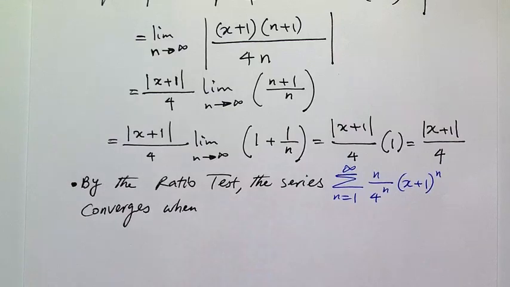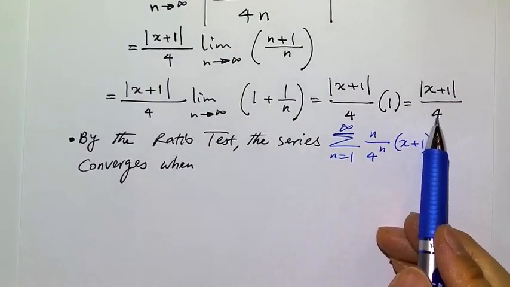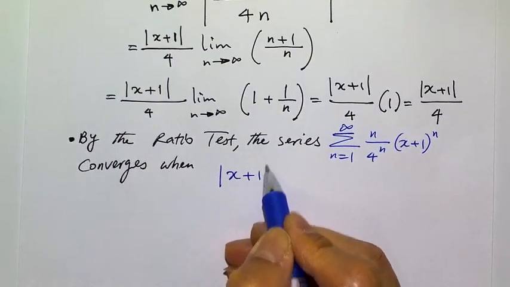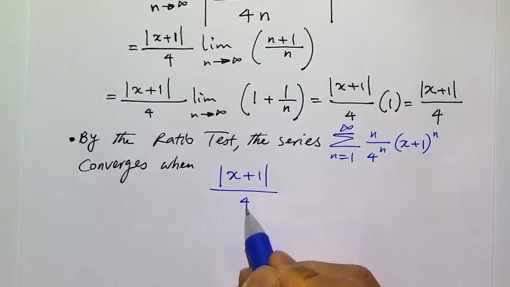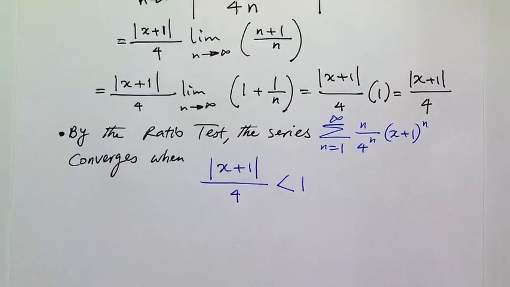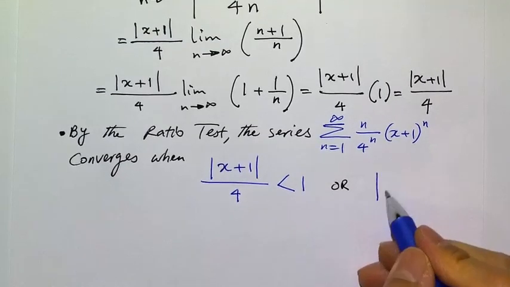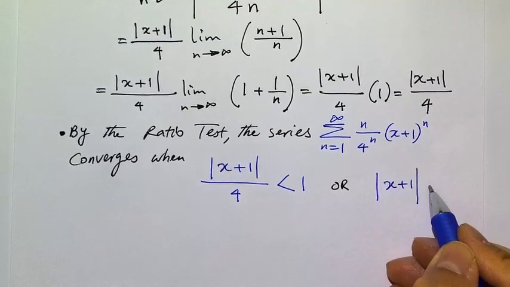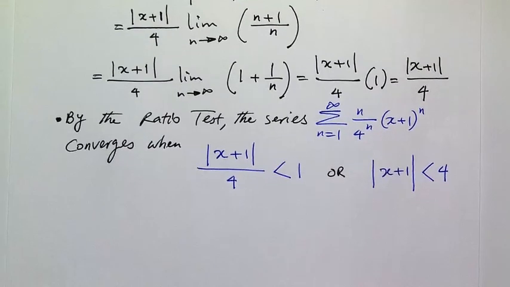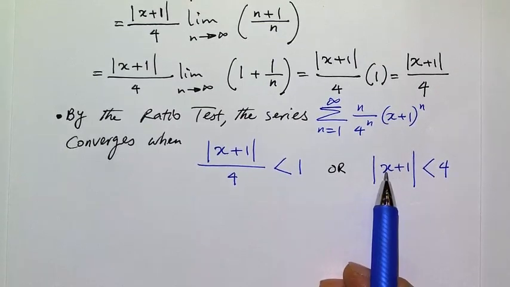It converges when that quantity is less than 1, right? Less than 1, or absolute value of x plus 1 less than 4. Okay, so therefore the radius, notice that this x,